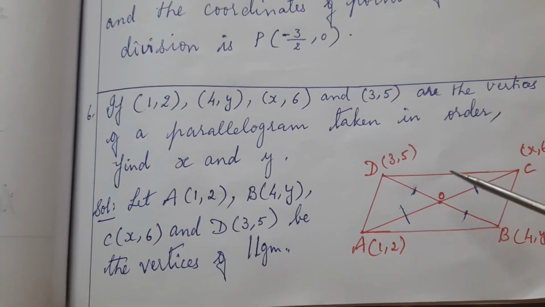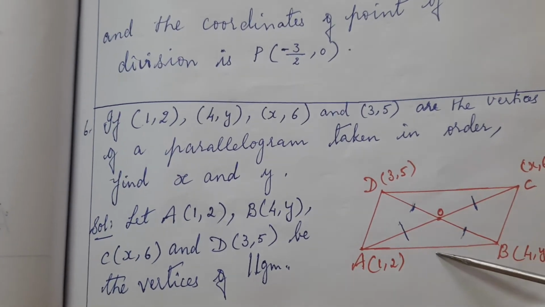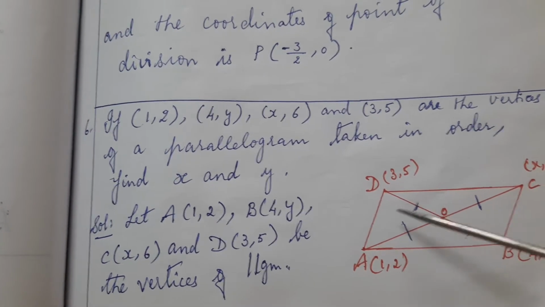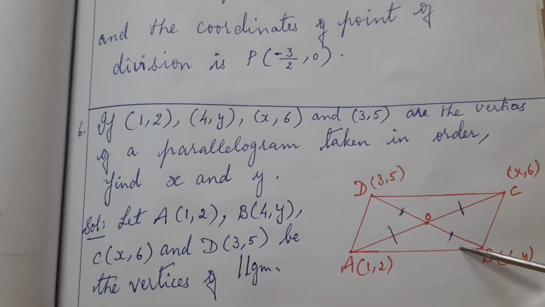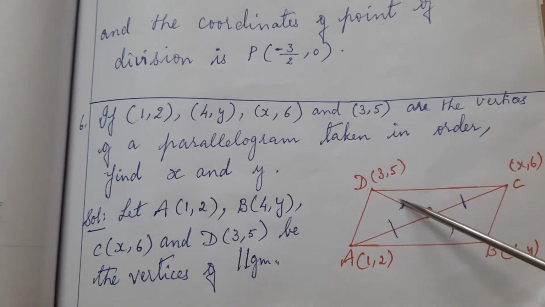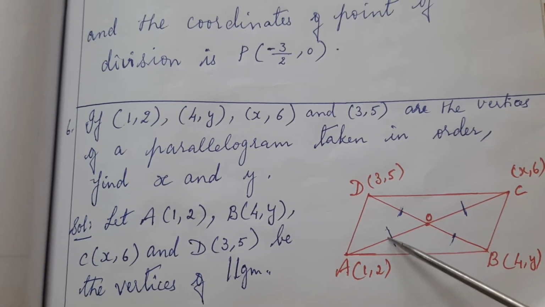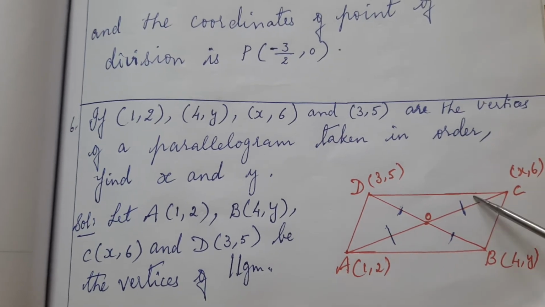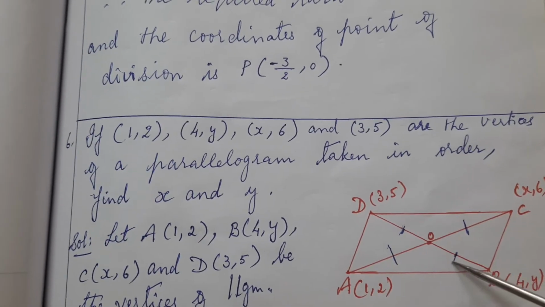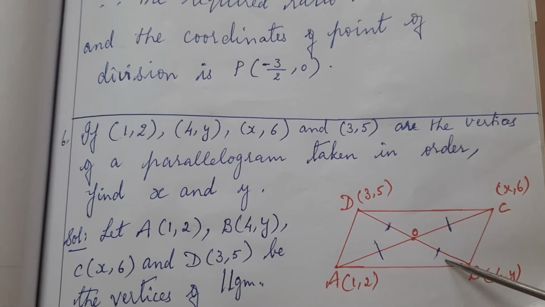So we can use the distance formula and find. These two sides are equal, we can find by the distance formula, and these two sides are equal, we can find, and then equate them and find the values of x and y. That is a little bit difficult. Instead of that, you know the diagonals bisect each other. If you are taking the ratio, if it is bisecting, it means 1 is to 1 ratio. This is also 1 is to 1 ratio. Even using the section formula you can find it out.